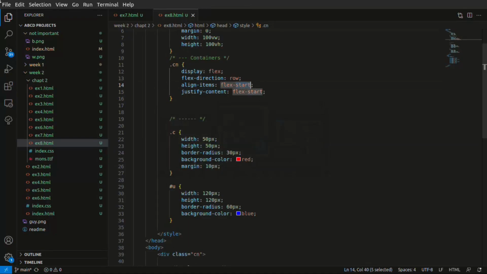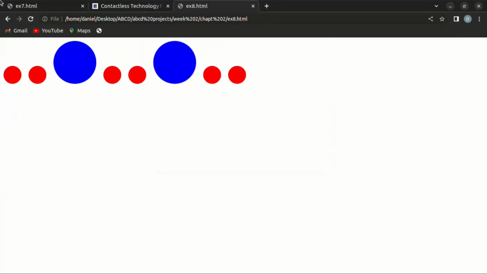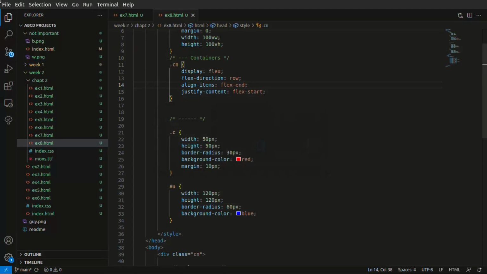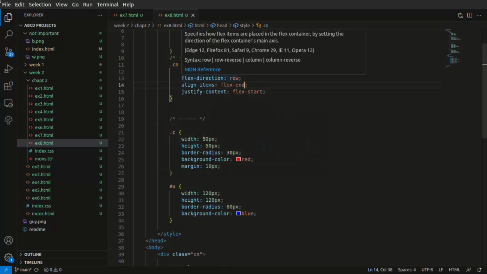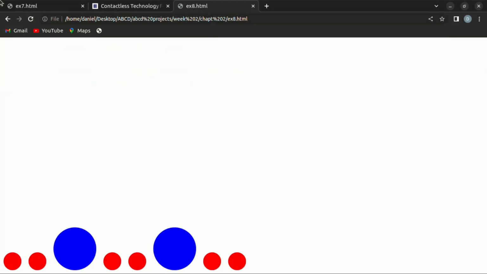What happens when we change align items to flex end? You should bring it to the bottom. Exactly. You see, it brought it to the bottom, and then our flex is not free to move. That's because our container doesn't have the full height of the screen. So let's give it the full height of the screen. Let's make that 100%. It should occupy whatever is available for it to occupy. Alright, so we have been able to set the align items to flex